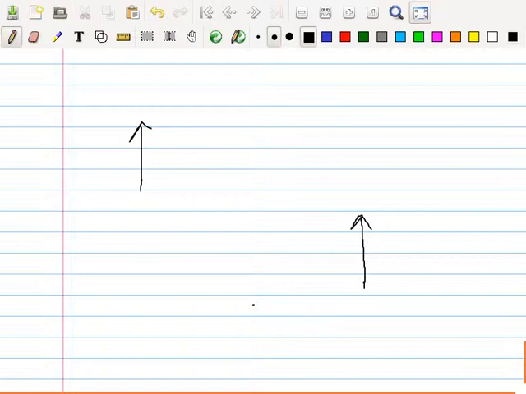So they're both the same. So you don't care where it starts, where it ends so much. You just care about the length and the direction. So this is actually very useful, because if I want to add, for example,